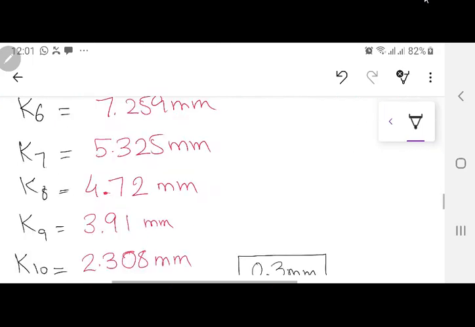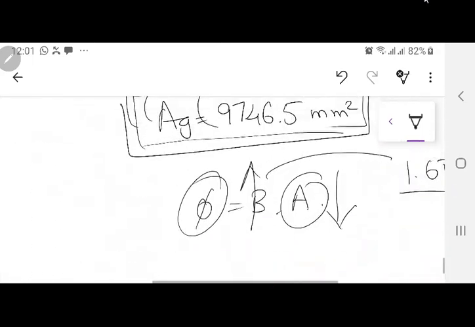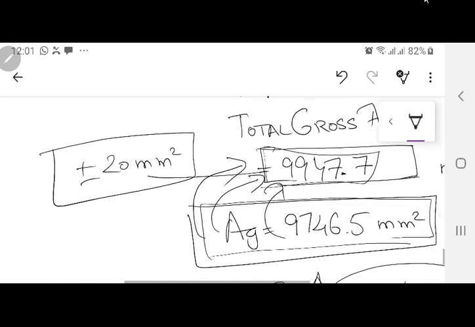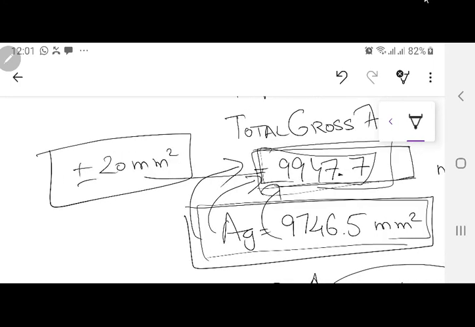हाँ बिल्कुल। देखो tolerance, what I mean by tolerance, whatever your gross area you are calculating, if it is within plus minus 20 mm square, you don't need to add any or remove any lamination. ठीक है? For this size transformer, if the size of the transformer is more than like 500 kVA, 1000 kVA, then certainly this tolerance will increase from 20 to 50 mm or 100 mm.